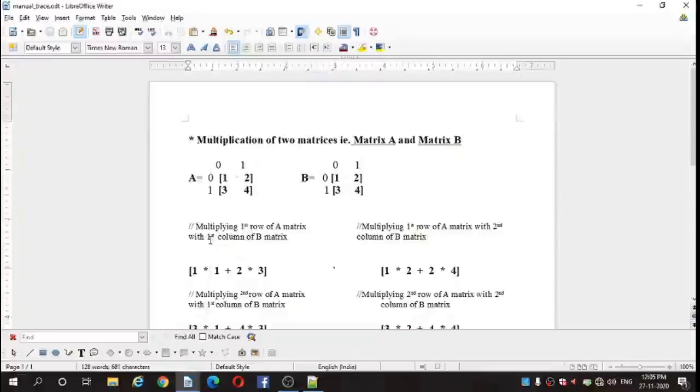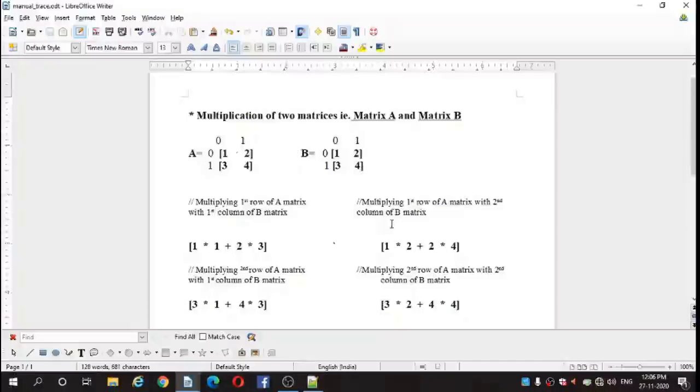So at the very first stage it will multiply the first row of the A matrix with the first column of the B matrix. Okay, this is shown here: 1 into 1 plus 2 into 3. This is the first row with the first column of the B matrix.